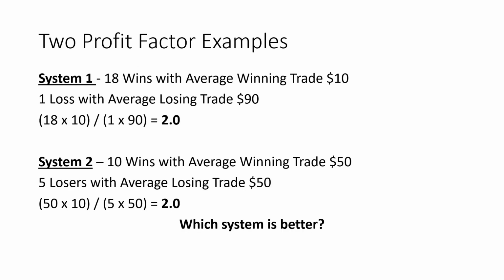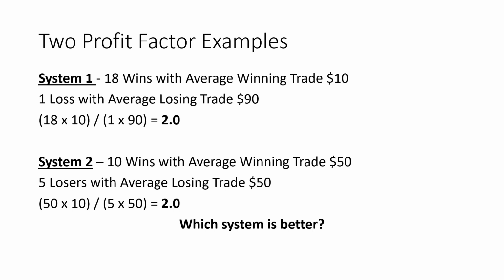Let's take a look at two examples of profit factor. We have system 1: 18 wins with an average winning trade of $10, and one loss with an average losing trade of $90. If you do the math here, you'll see the profit factor is 2.0. You have another system with 10 wins with an average winning trade of $50, and 5 losers with an average losing trade of $50. Again, you do the math and you see the profit factor is also 2.0. Well, which system is better? Clearly, the profit factor doesn't help you in determining that, so we have to look at a secondary metric,